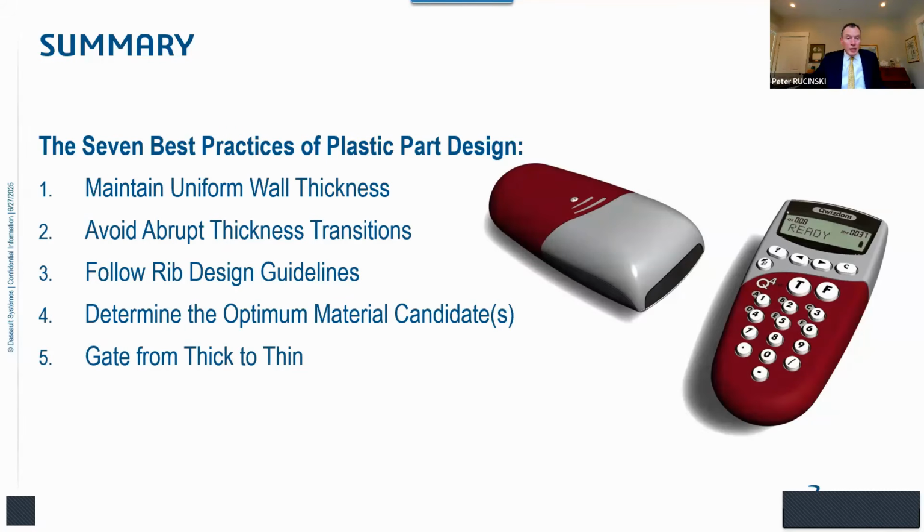Gate from thick to thin when and if possible. Again, that's a big problem I see a lot, where the gate is into the thinnest section of the mold cavity, and no matter what you do with the injection molding machine, you just can't get that mold to fill and pack before the material cools and freezes off, before it can properly reach the thick sections of the part. Size gates properly. Gates should be somewhere around 50 to up to 90% of your nominal wall thickness. That depends a lot on the material that you're using. And then when and if possible, try to minimize or eliminate weld lines if you can.